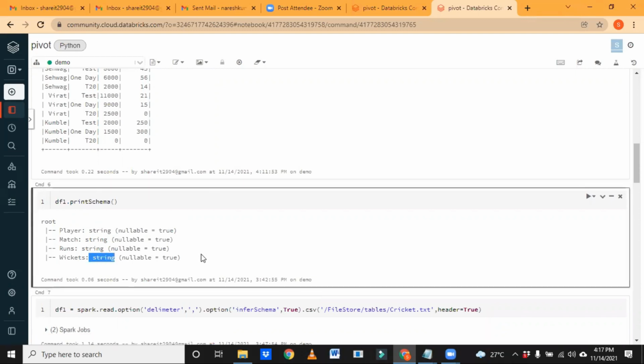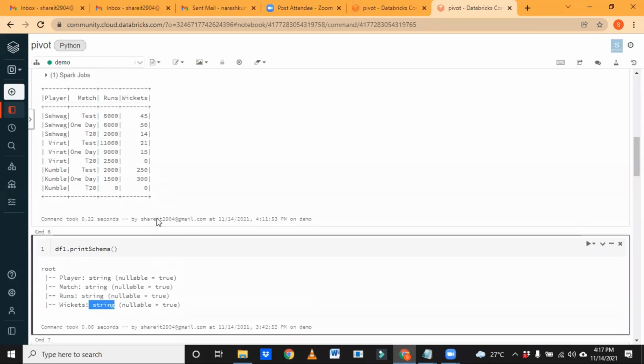Why I'm talking about schema here is that to use the pivot function, we should have at least one column with numerical data. You cannot use pivot on string, so we need numerical data.